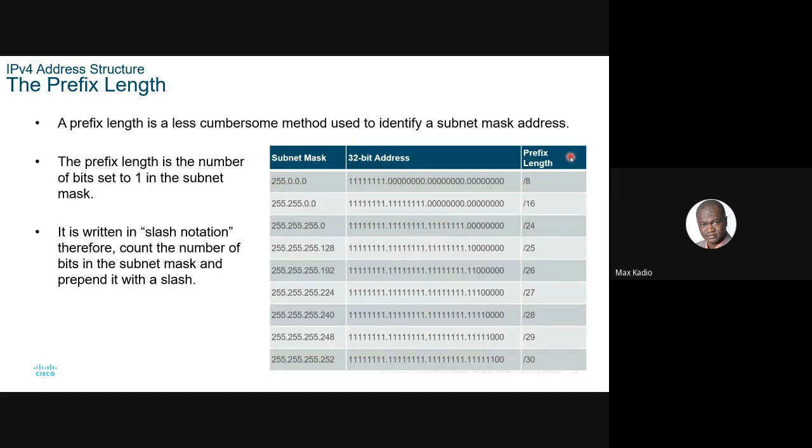So you were talking about this slash stuff. If you say /8, for example, 192.168.10.10/8,